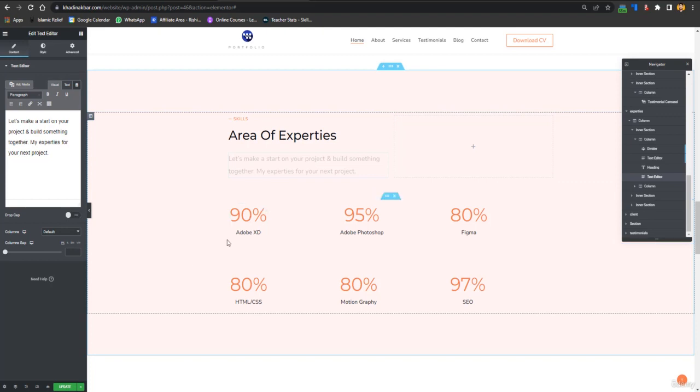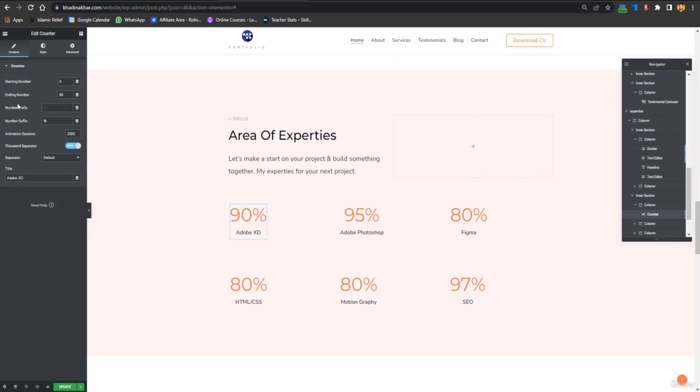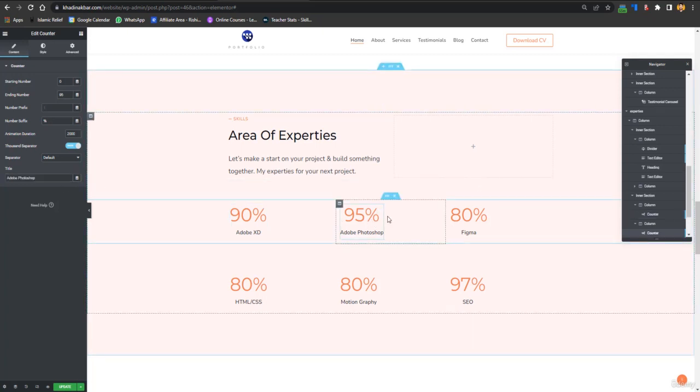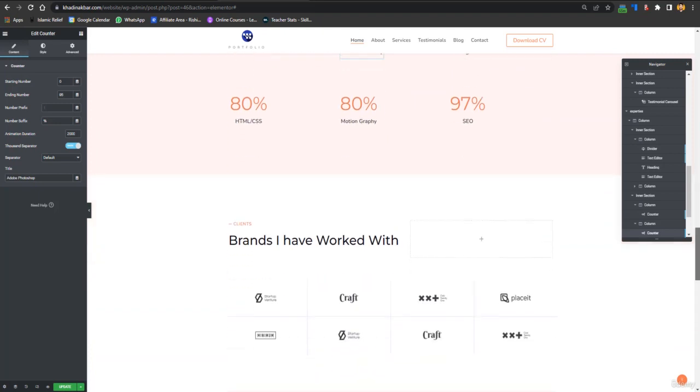Then from here you just have to click on this one, and from here in ending number you have to set the percentage, and in title you have to add your skill. You have to do the same thing with all.